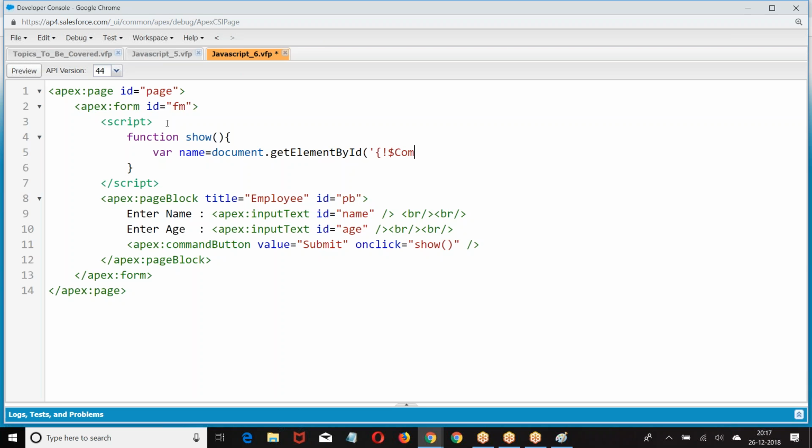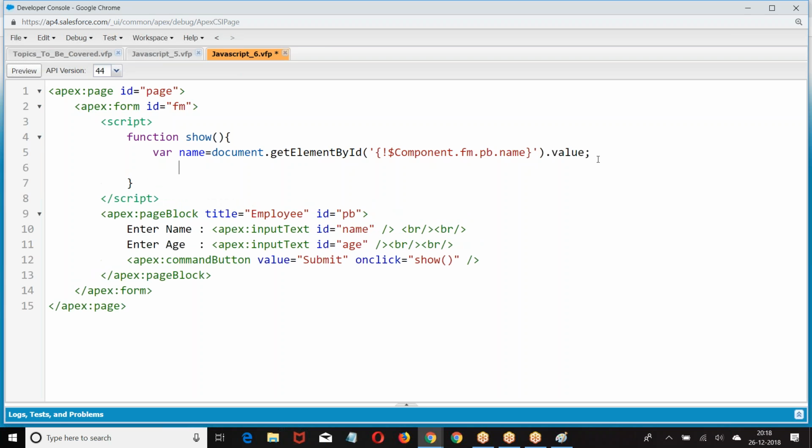Dollar component dot, we can give dollar component dot PB, component dot PB name. So in whichever the element we are taking, from that element we can take. We can say form dot PB dot name. Let me give you